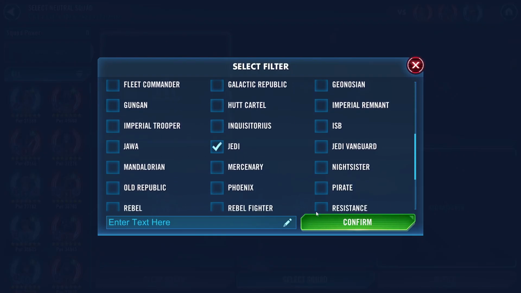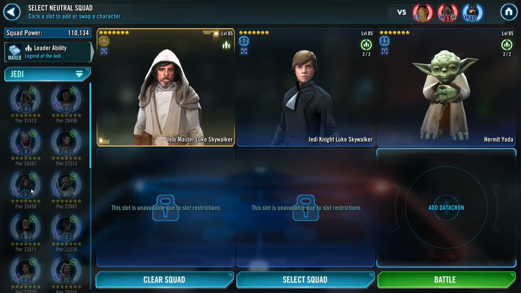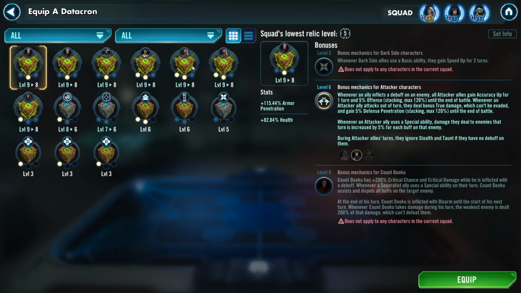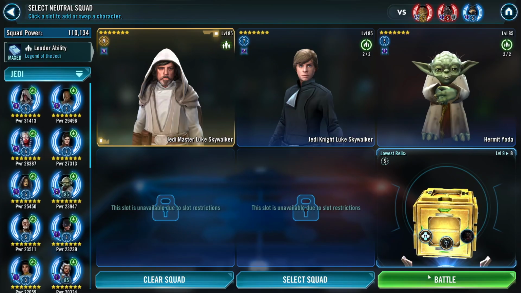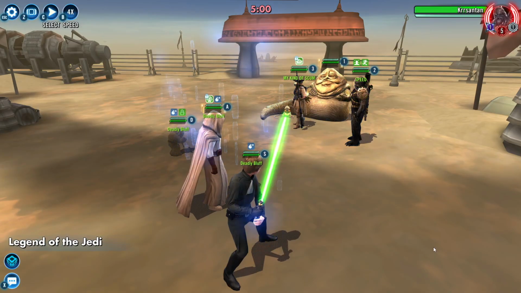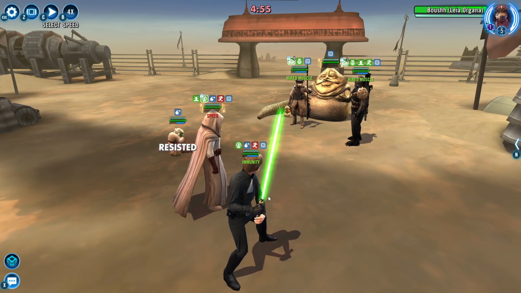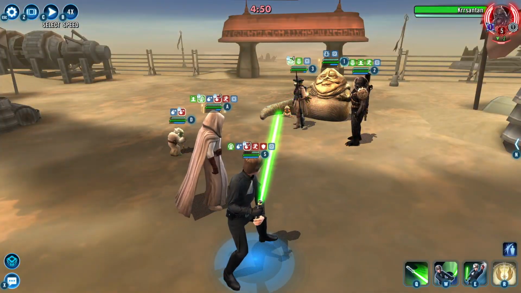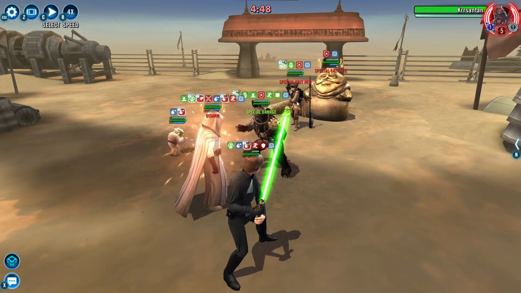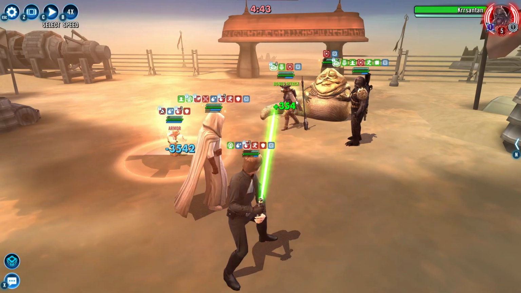Looking for first order, or am I not? Oh, am I going to use JML here? All right, getting a bit ballsy, I see. Yeah, JML, it's funny because JML does counter Jabba somewhat consistently, although Jabba also counters JML somewhat consistently. The main problem you find is they can't be stunned and they can't be assisted against while they've got